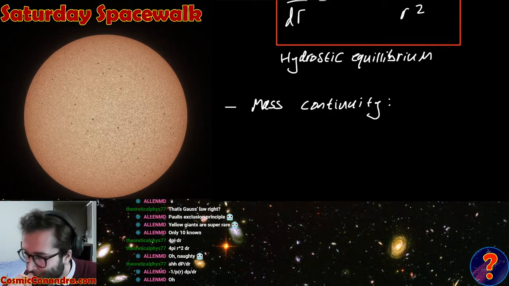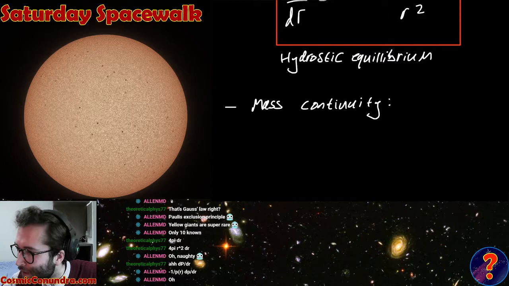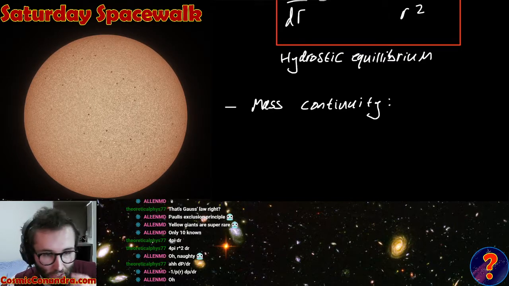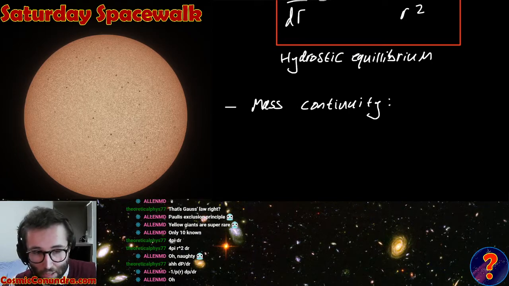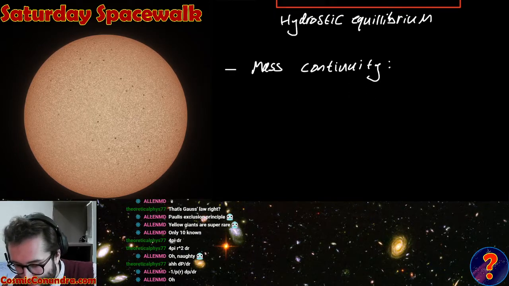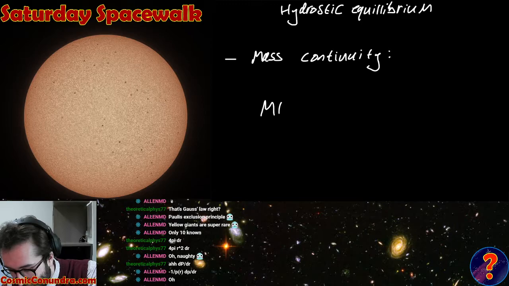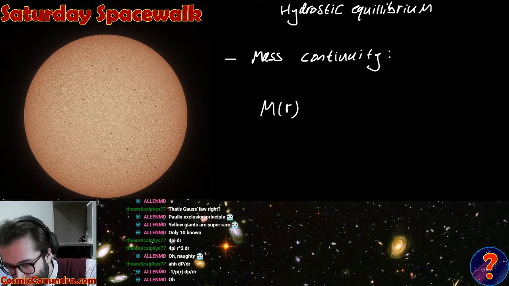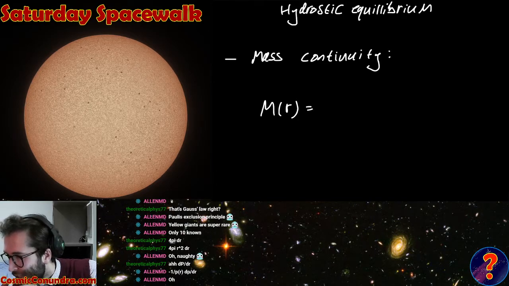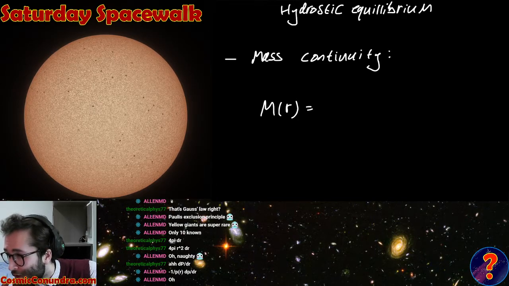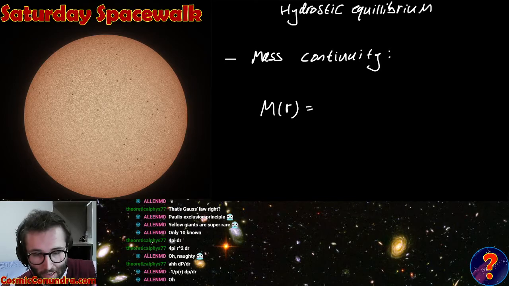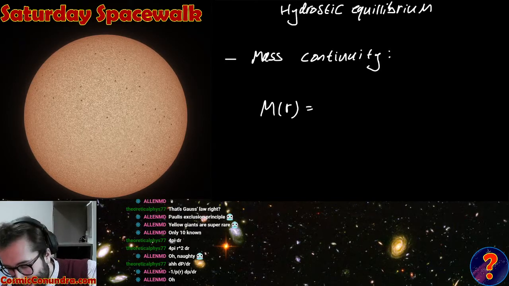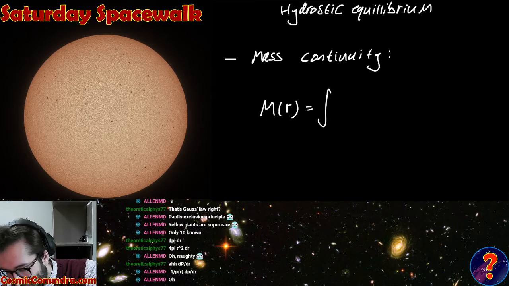And this is called the mass continuity equation. It's just an equation telling us that the mass of the star is conserved, basically. It's telling us how to find the total mass of the star from the density. So if I want to find the mass of the star up to some particular radius, mass is just density times volume, but of course we don't have a uniform density, so we can't just times the volume by 4/3 pi r cubed. Instead, we have to integrate